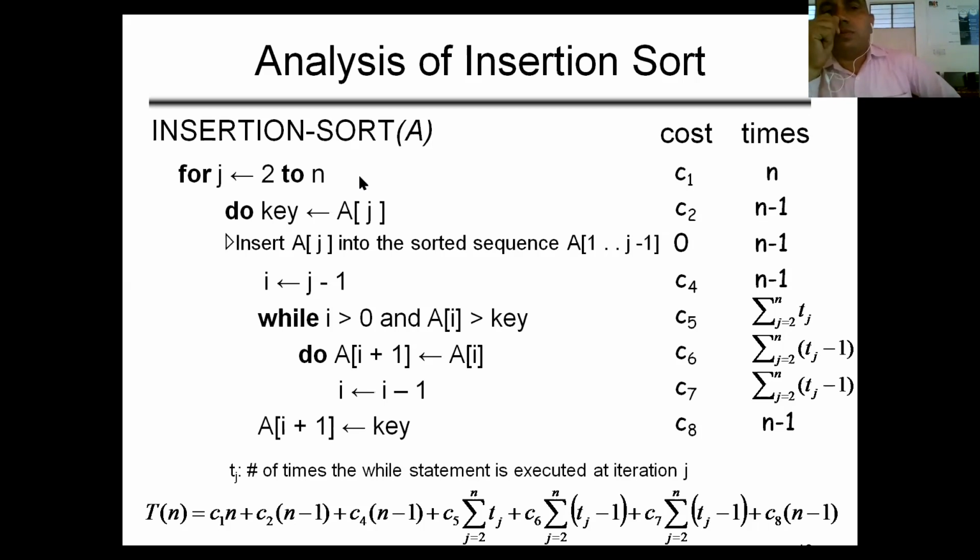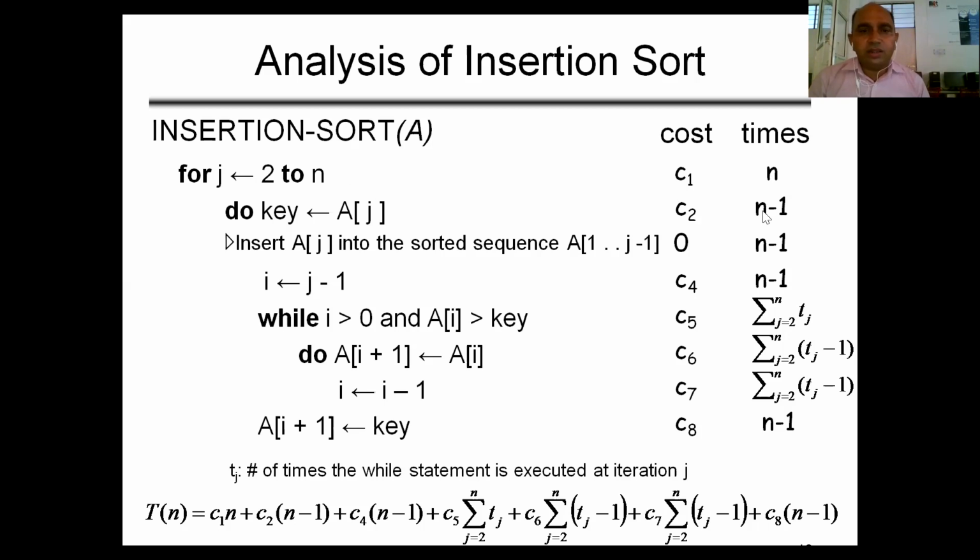So if we count the numbers from 2 to n, we find there are n minus 1 numbers. But to terminate this loop, it executes one more time than its body. So the total number of executions taken by this line will be n minus 1 for the body of the loop, and to make the condition false, it will execute one more time. So the total number of times will be n.